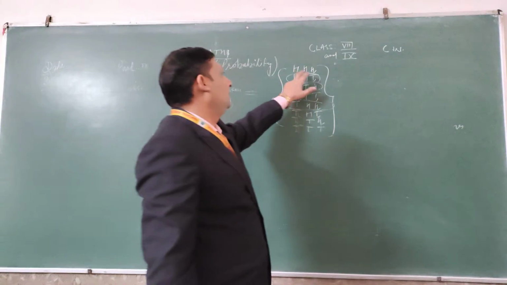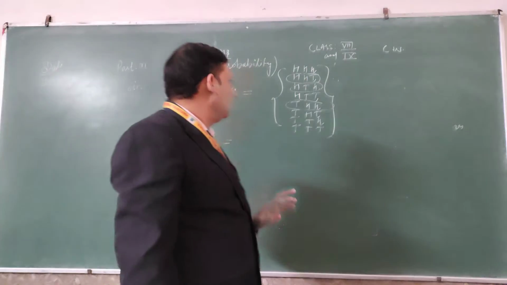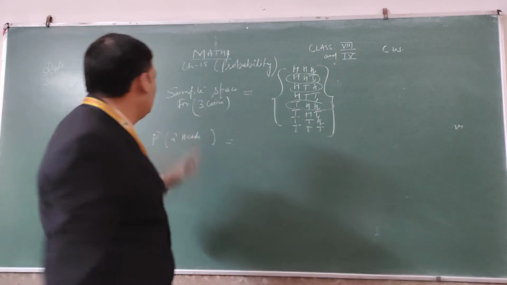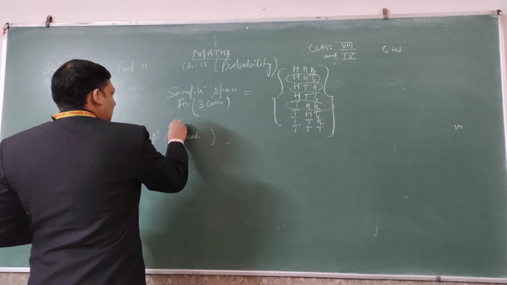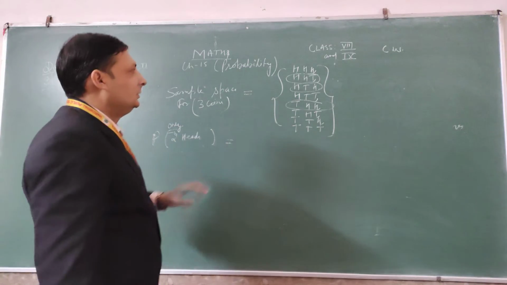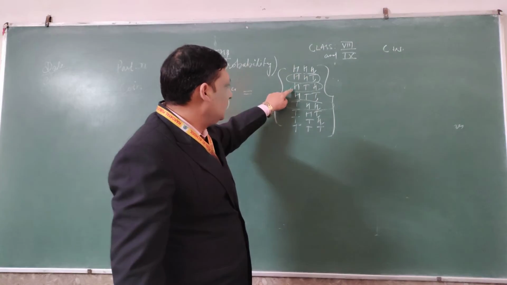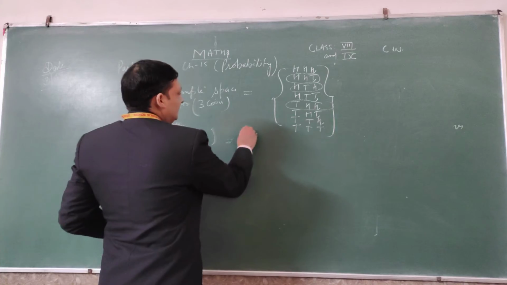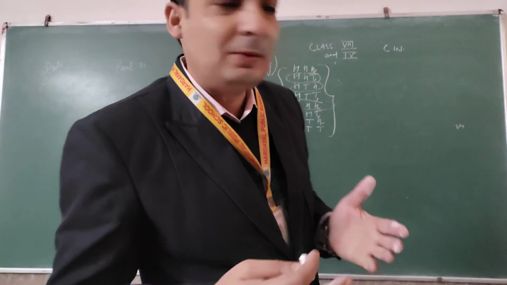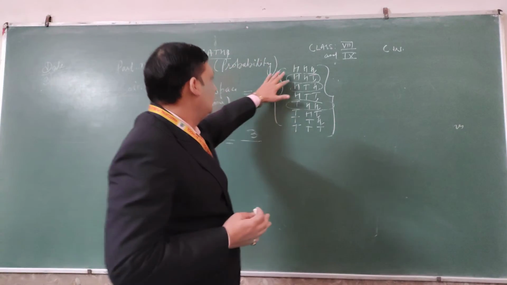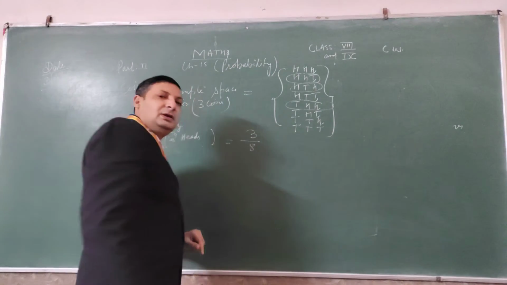Here 2 heads are coming, but here 3 heads are also coming. 2 and 3. So we will not take that in this solution. We will take only 2 heads. Then the probability of finding only 2 heads. The 2 heads come in exactly one case here, one case here, one case here. So it means we have 3 possible outcomes in favor of us. The 3 is the number of favorable outcomes, and the total will be 8. The answer will be 3 by 8.